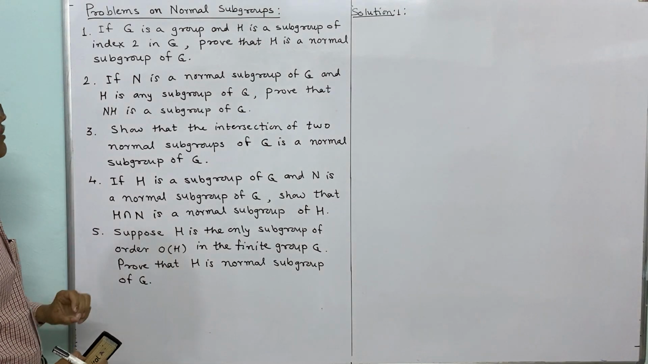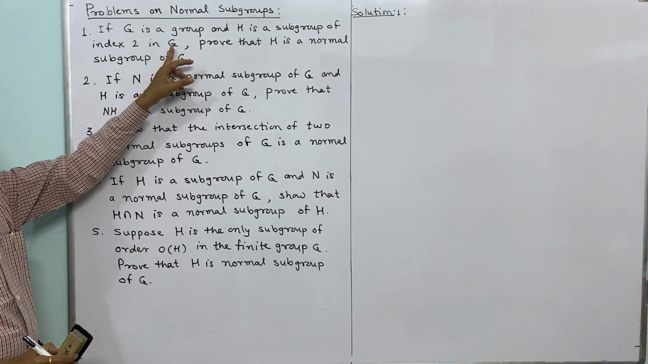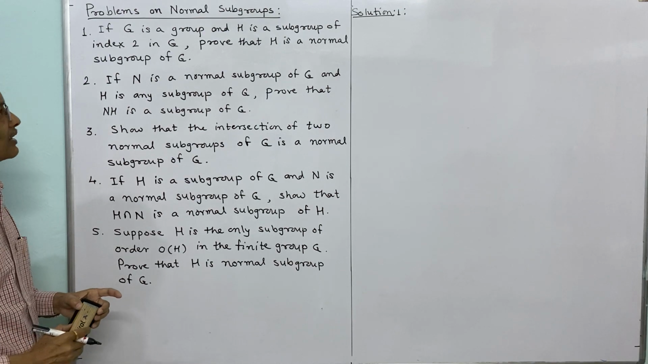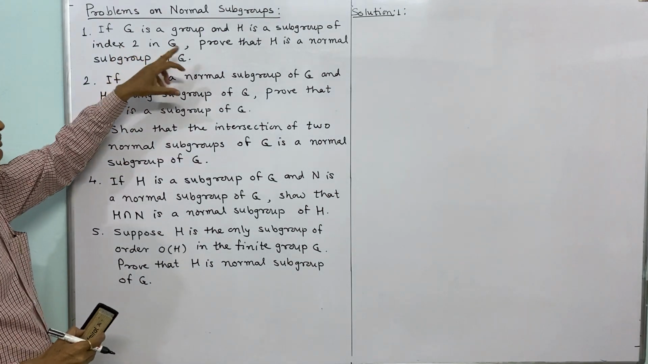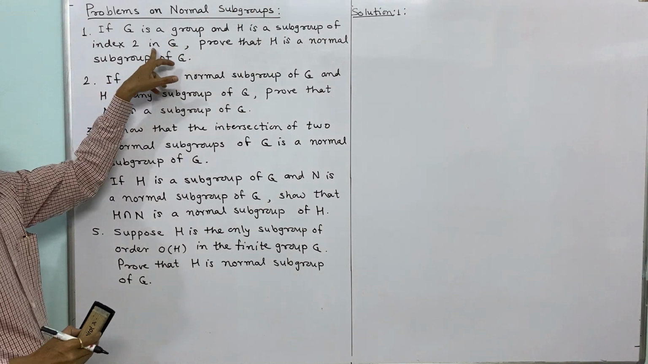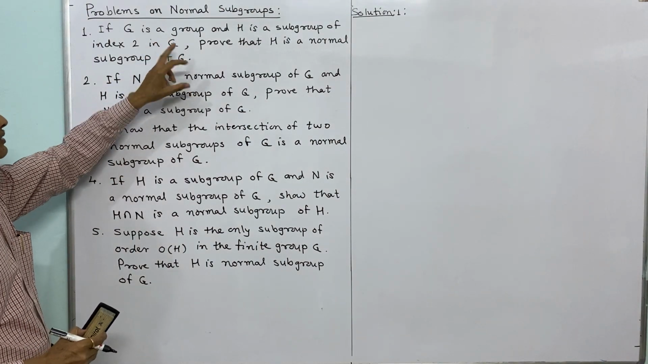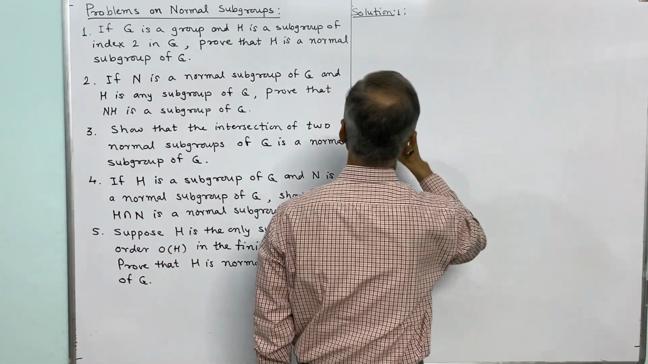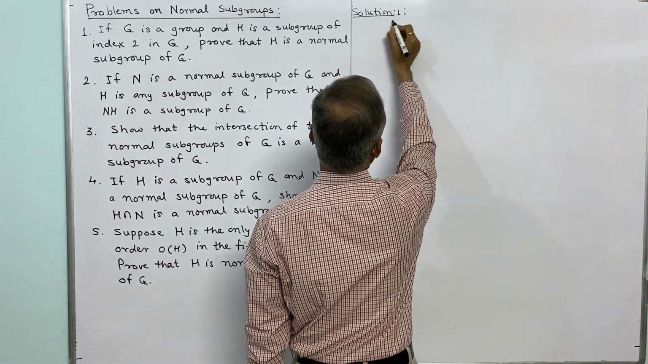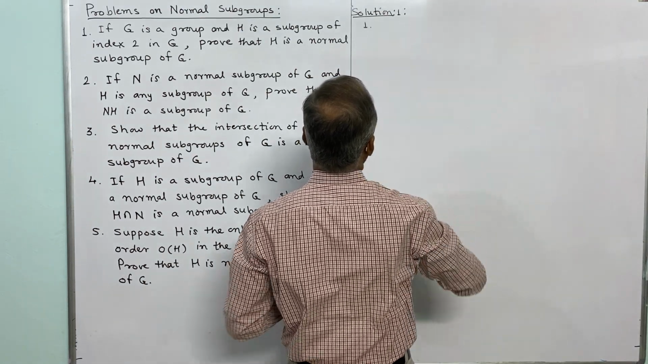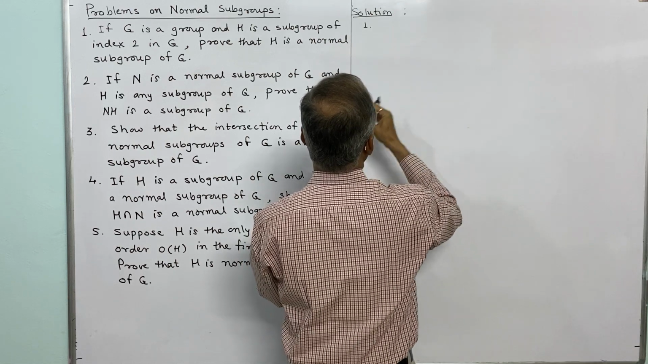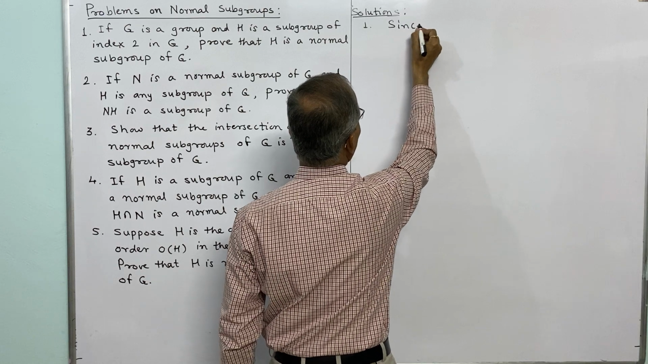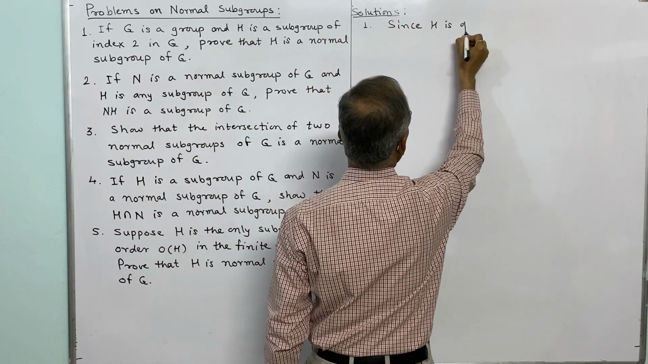So what is meaning of index of a group in G? Number of right or left cosets. Distinct number of right or left cosets is known as index. So that means H has two right or left cosets in G. So this is given. Since H is of index 2 in G, so the first solution I shall write here. Since H is of index 2,